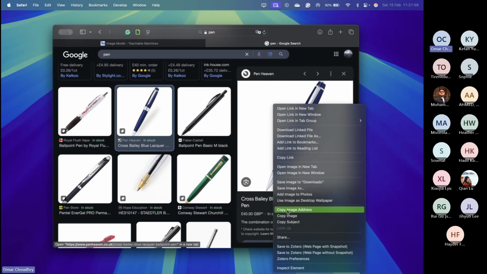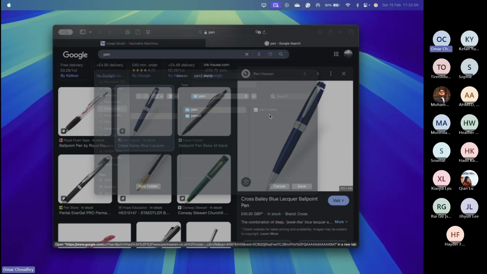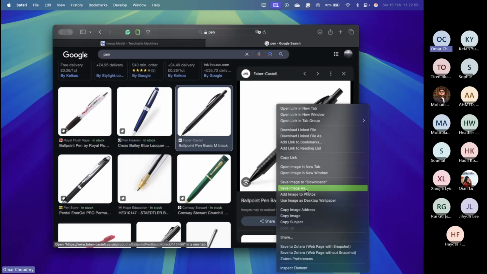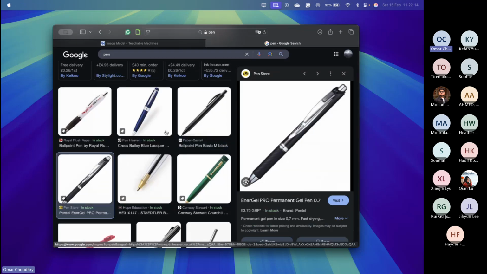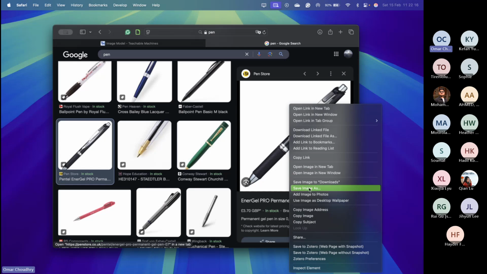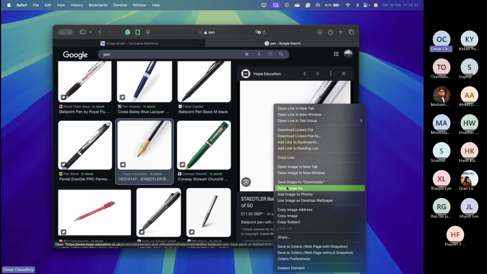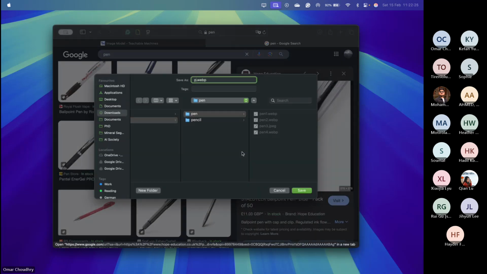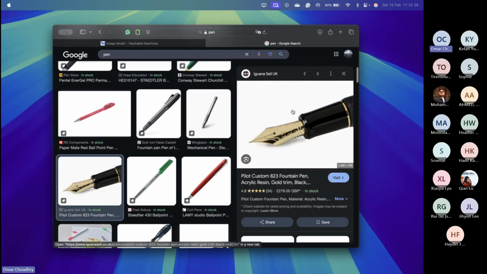And now what I'll do is go to the next image. And again, I'll do the same thing, save image, and I'll call it Pen 2. And you want to be able to get a decent number of examples. The more examples you use, the better the model can be. If you use a small number of images, then obviously the model will not be able to learn how different pens, maybe from different brands or different sizes and different types of pens would look like. For example, a fountain pen looks very different from a normal kind of pen. So maybe we'd want that kind of image.